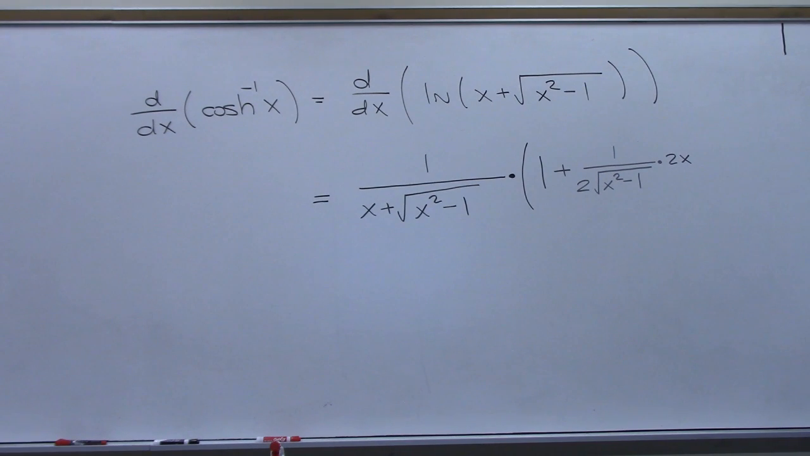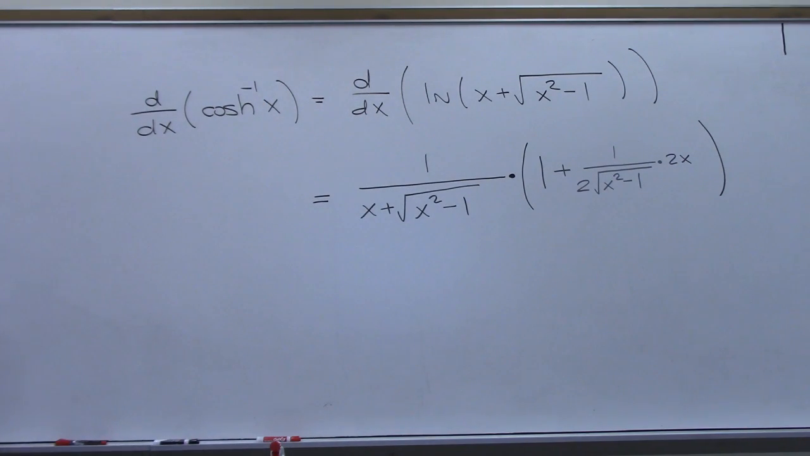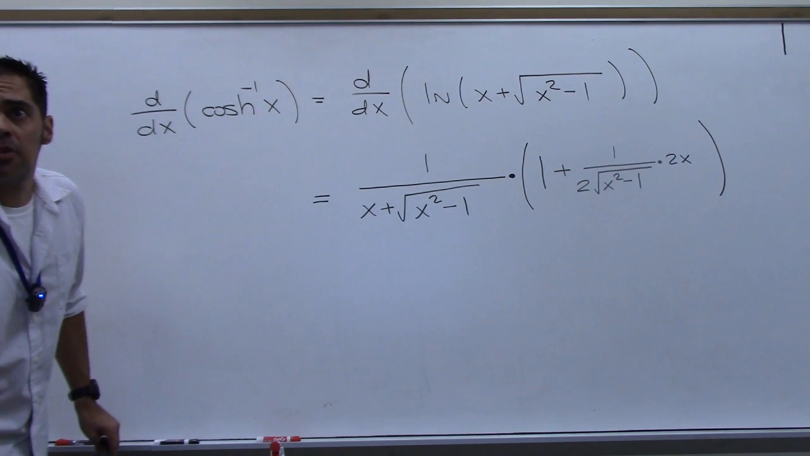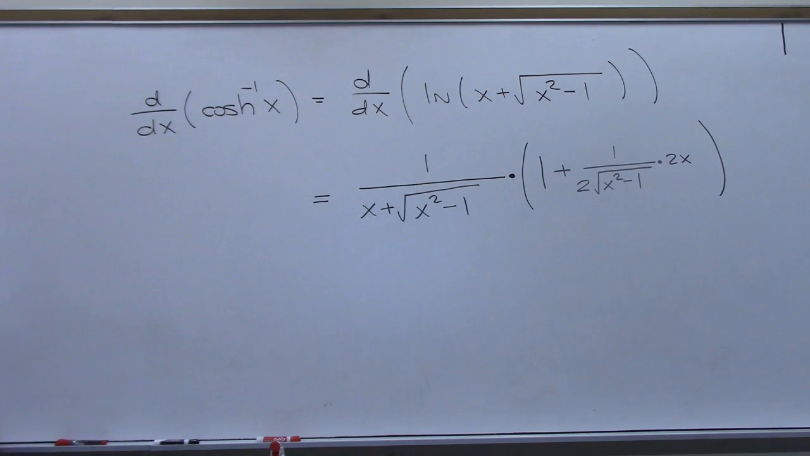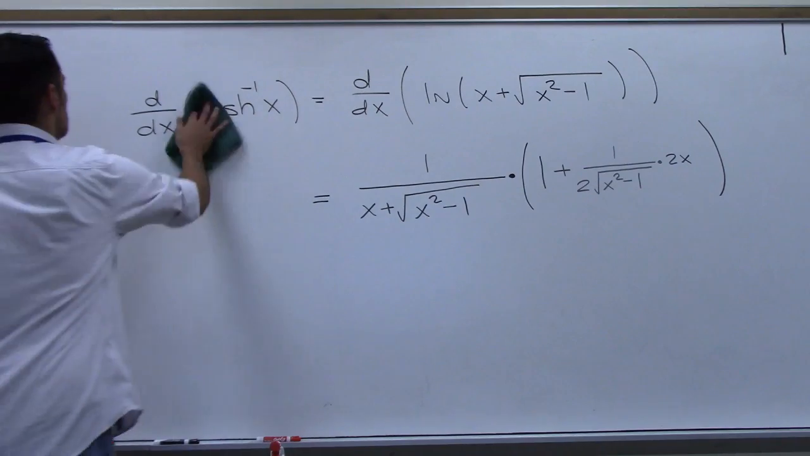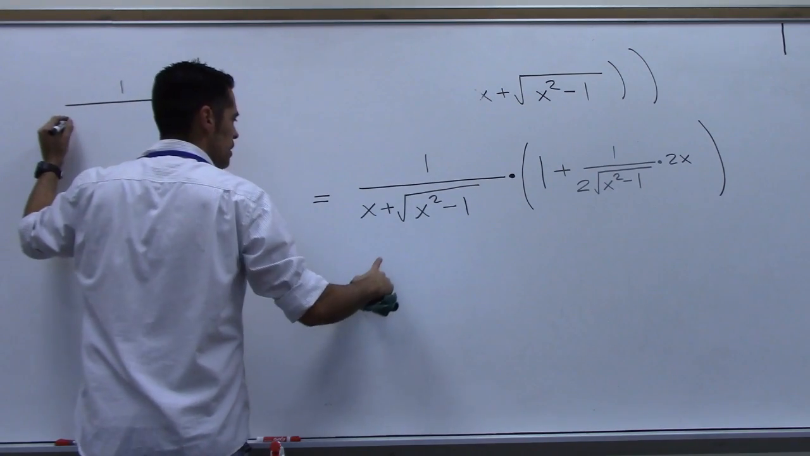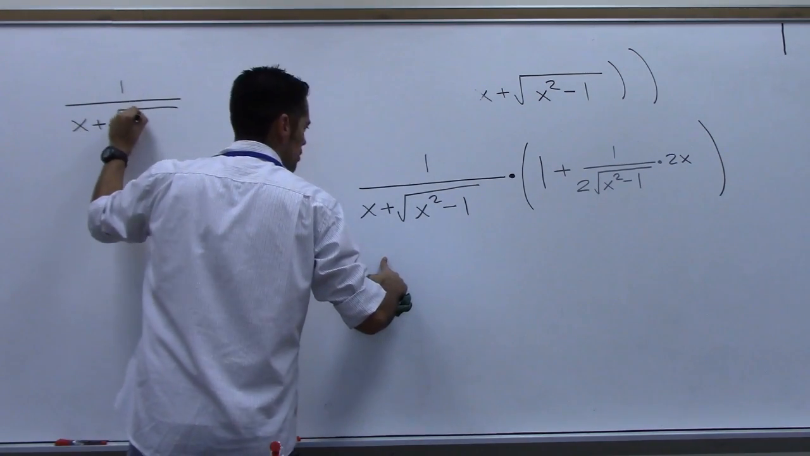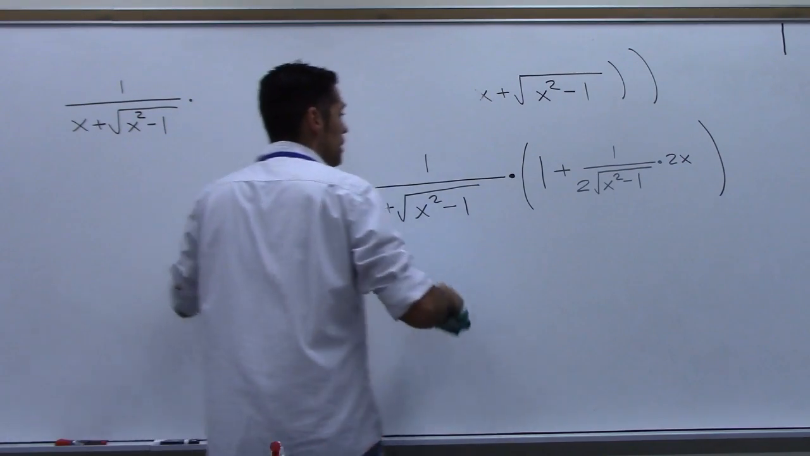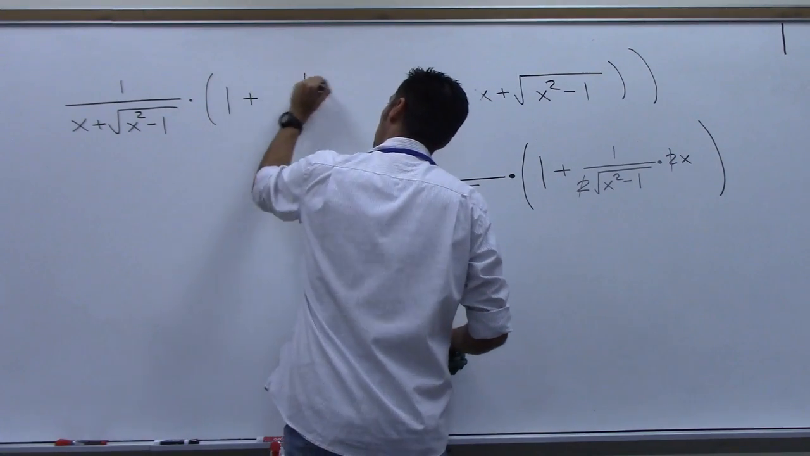Is that it for that? So does everyone agree that's the derivative? Any questions on any piece of that? Let's clean it up because I'm trying to show that that's equal to 1 over the square root of x squared minus 1. So do we have this now? 1 over x plus root x squared minus 1 times, let's see, these 2's will cancel, 1 plus